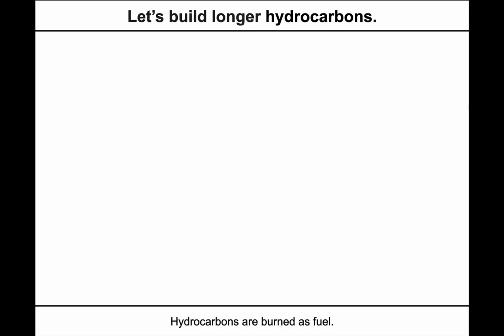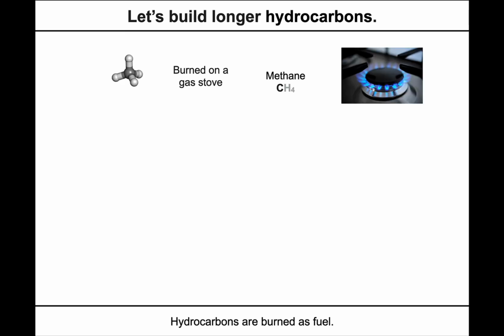Now that you've built your methane molecule, we're going to build larger hydrocarbons. We know that methane is used for gas stoves and for power plants, but there are larger hydrocarbons. The next hydrocarbon that's bigger doesn't have just 1 carbon, it has 2 carbons. This molecule is called ethane. We are going to be working more with ethane in later units, but for now, I would love for you to attach another carbon to your first carbon. To do that, you'll have to unplug one of the hydrogens from the methane and install a carbon,